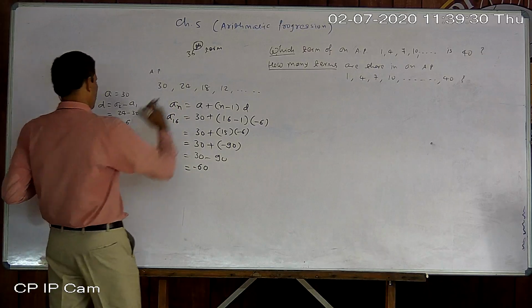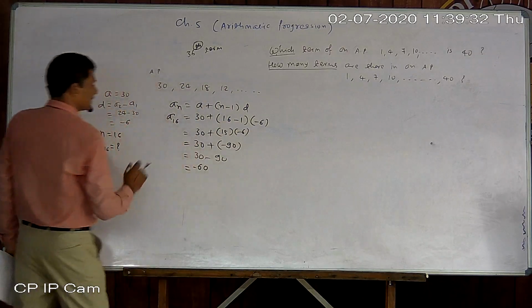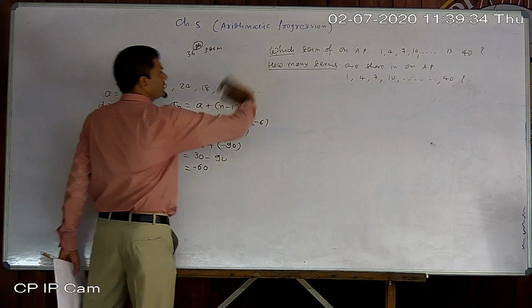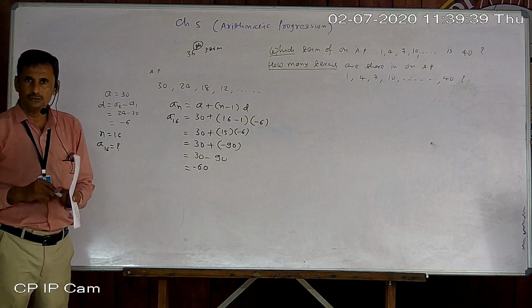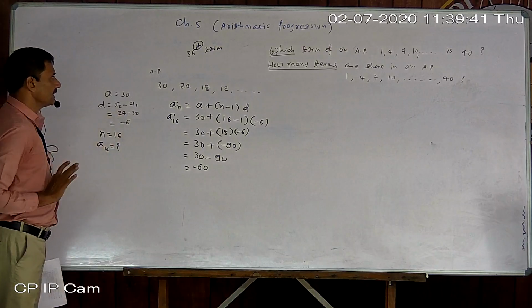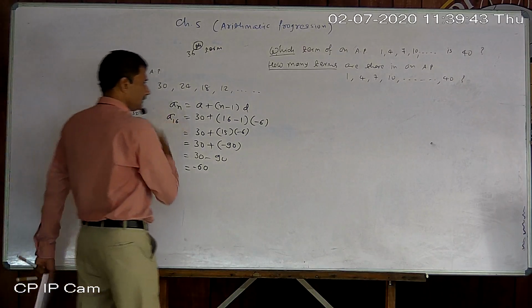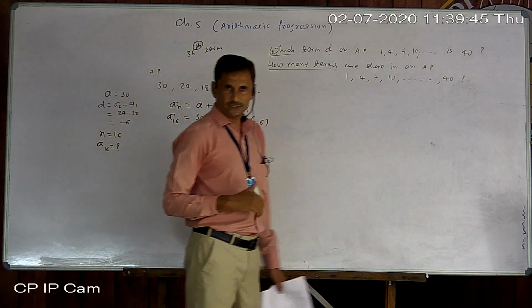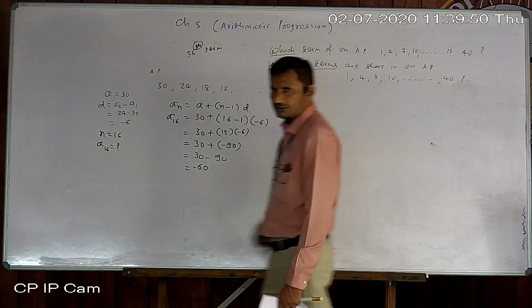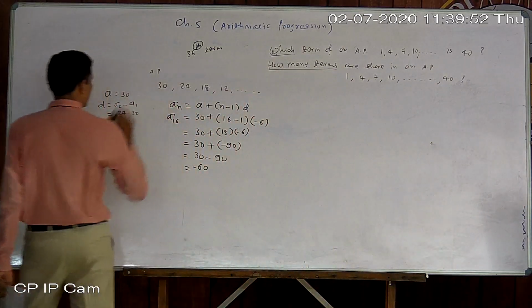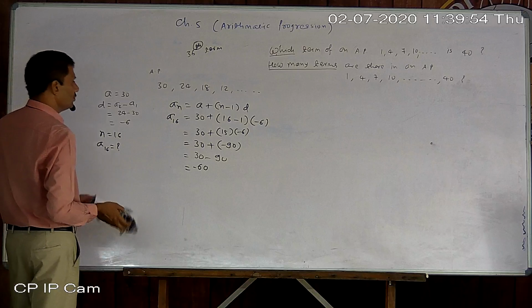If you go manually, then also you can find minus 60. Why does it become minus? Because it is decreasing, so after a few terms it will go into the negative portion. So that is the way. Now suppose it is asked here also in reverse way. Then also, just like the previous one, in the previous AP I found n also. So I go this way.